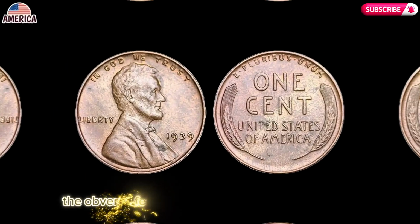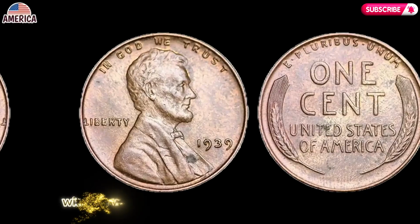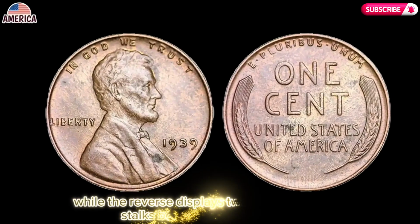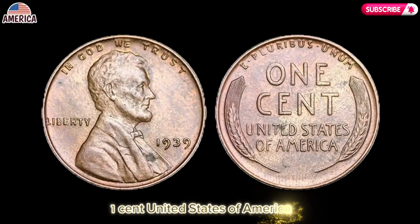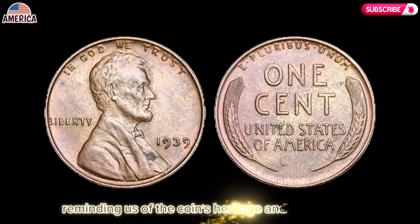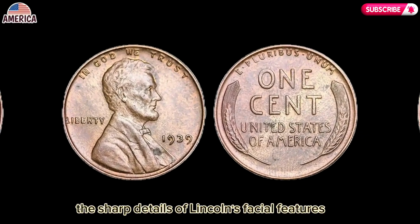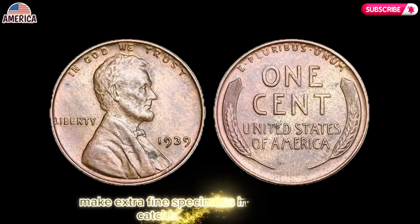The obverse features the bold and iconic profile of Abraham Lincoln, with the words "In God We Trust" arched over his head, while the reverse displays two proud wheat stalks bordering the phrase, "1 cent United States of America," reminding us of the coin's heritage and strength. The sharp details of Lincoln's facial features and the clear definition of the wheat ears make extra fine specimens incredibly